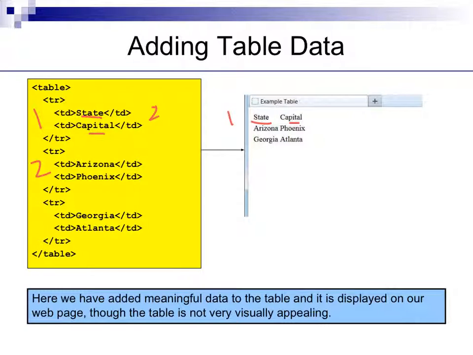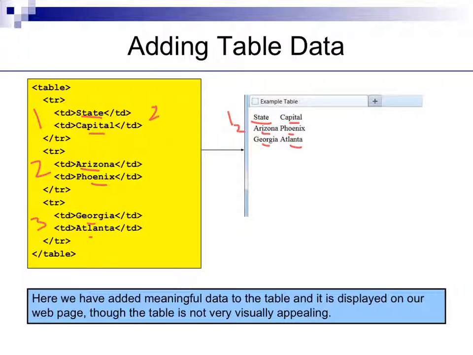Row 2 has 2 cells in it, and that's Arizona and Phoenix. Finally, row 3 has 2 cells in it, which is Georgia and Atlanta. There you go. And that's our table. Now, obviously the table doesn't look great. It's not very fancy, but we can improve on that